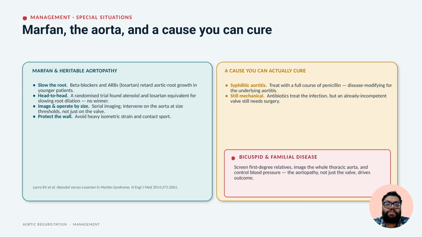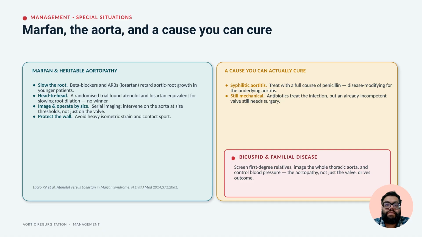A few situations deserve tailored handling. The left card is the aorta-centered patient, Marfan syndrome, and the other heritable aortopathies. In younger patients, both beta blockers and angiotensin receptor blockers such as losartan slow the rate at which the aortic root dilates, and a well-known randomized trial directly compared atenolol with losartan and found them essentially equivalent, so there is no clear winner, either is reasonable. Crucially, in these patients, you watch the aorta with serial imaging and operate on it at size thresholds, not merely